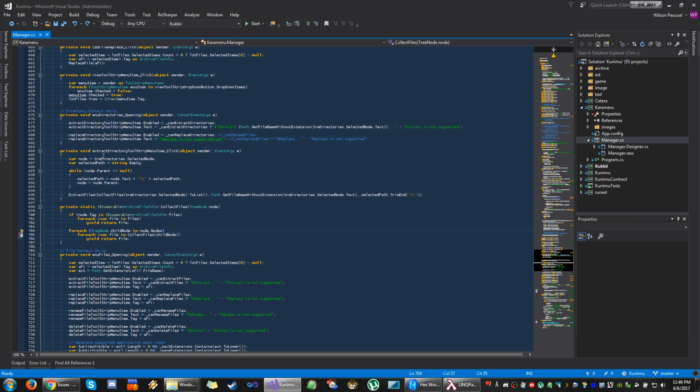Alright, what have we got? Extract directory. Directory context strip. Right. So the idea with directory import, you can use the directory extract to look at what we have right now, right? Yes. The trick is